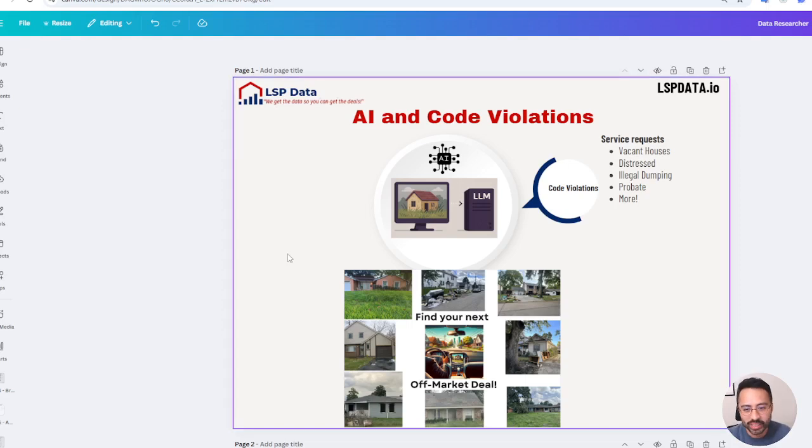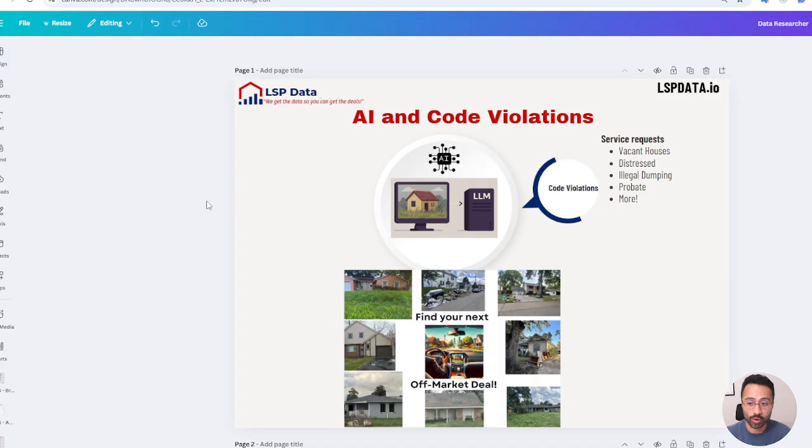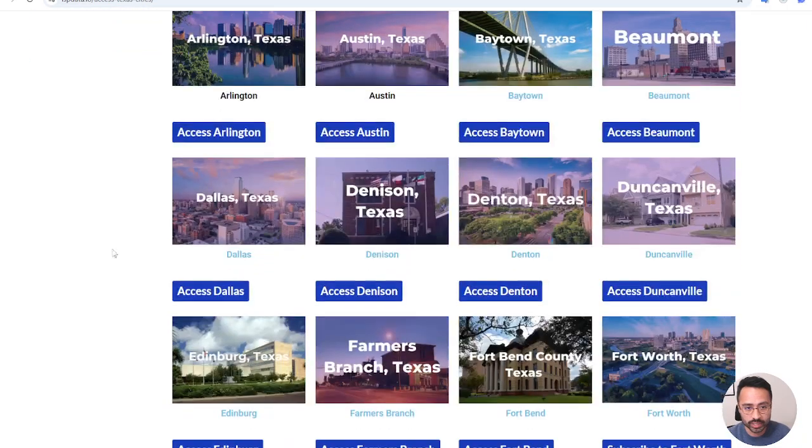Hey, it's Bob with LSP Data, and today I wanted to touch on the work that we've been doing for AI and code violations with respect to Houston, but this applies to all of our offerings for Texas for our code